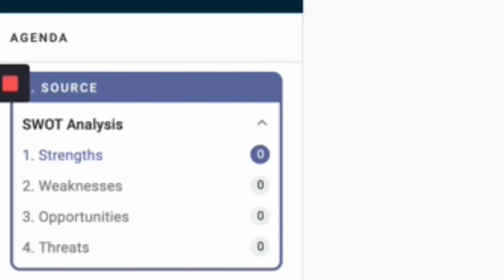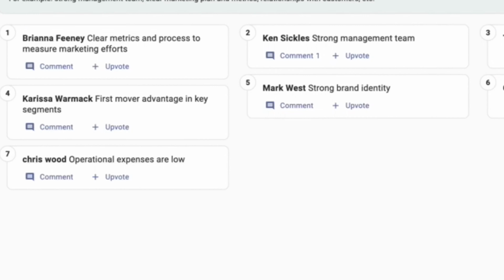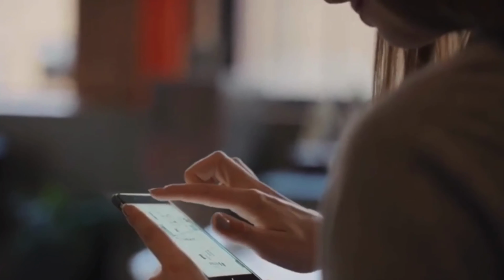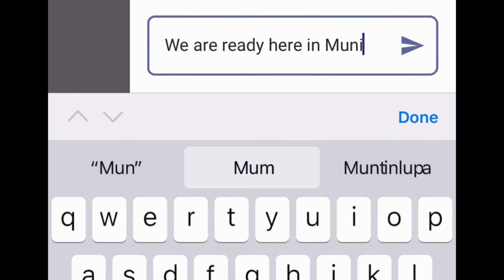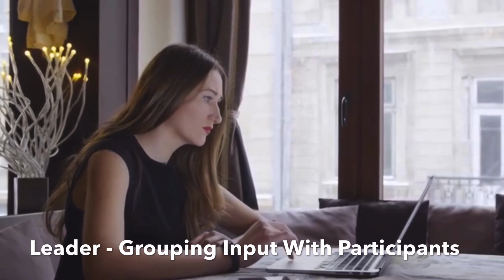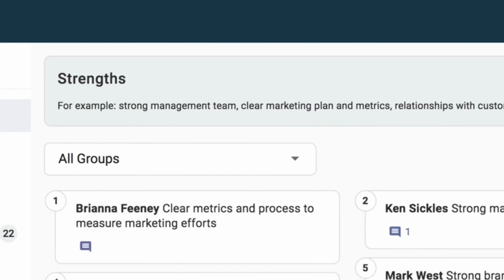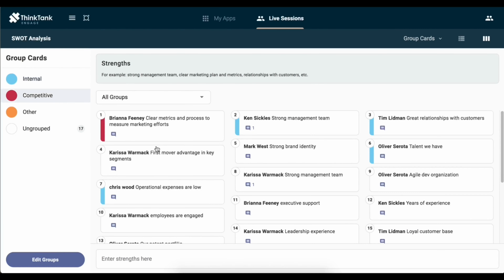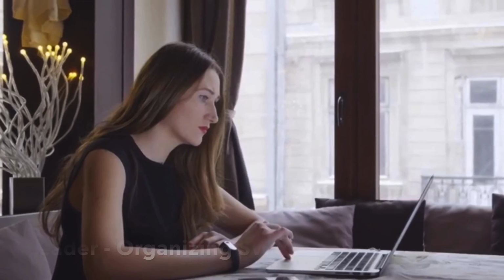Tens or even hundreds of participants can contribute simultaneously using a crowdsource activity that generates high-quality stakeholder input via smartphone or web browser from anywhere in the world. As the contributions and ideas come in, the leader has an intuitive set of color-coded grouping tools they can use on the fly to collectively organize all the content. It takes the group seconds to distill hundreds of ideas that would normally take hours or days after the session, versus in real time with ThinkTank.